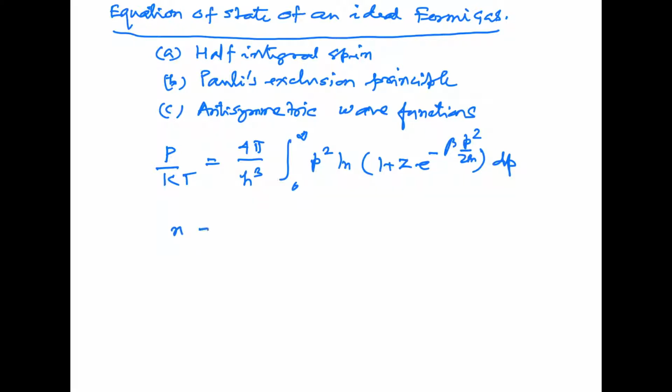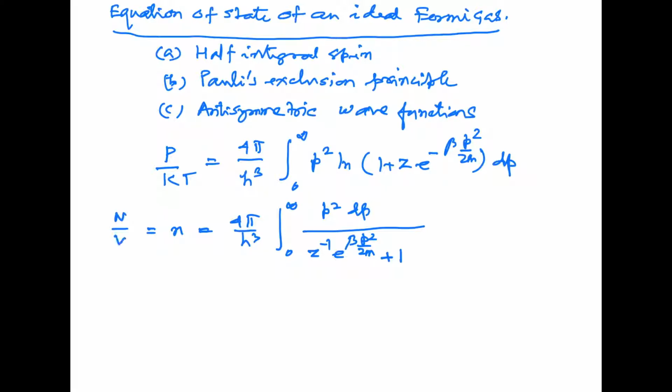and n equal to 4 pi by h cube integral 0 to infinity p square dp divided by z to the power minus 1 e to the power beta p square by 2m plus 1, where the small n is particle density, that is N by V. This second equation can also be written as